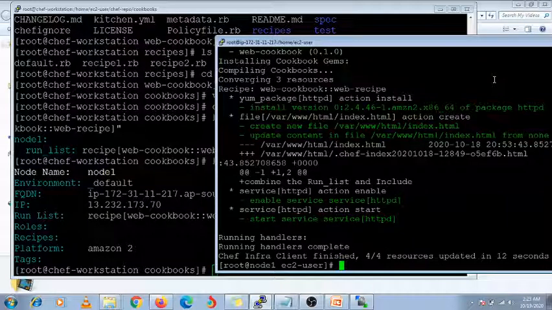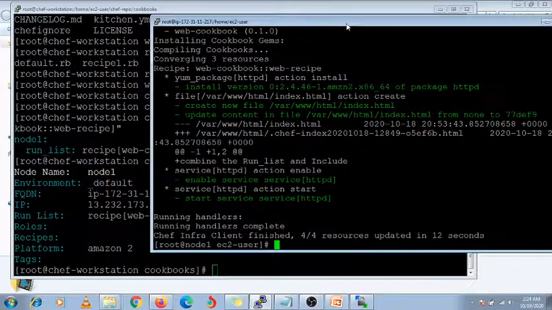Using chef-client, it will communicate with your Chef server and fetch all the updated data, whatever recipes are applied for your node. It will automatically detect and apply it on your node server.